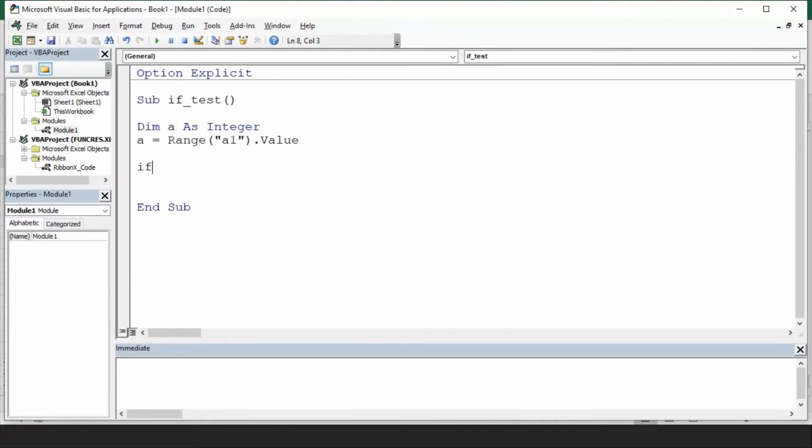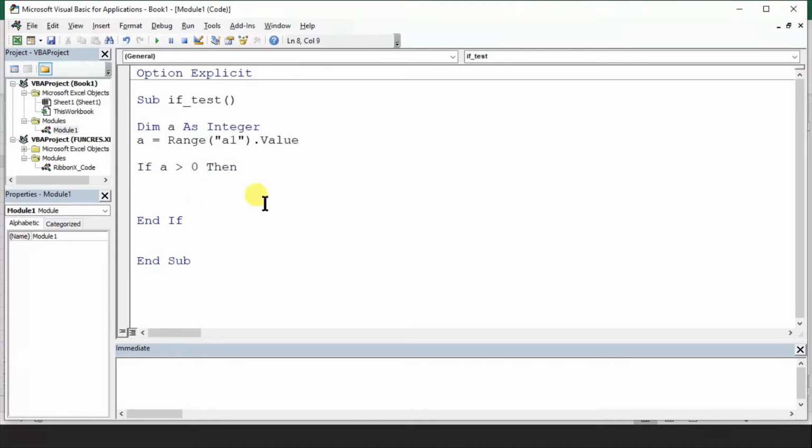So I write the code: if A is greater than 10, then, end if. For every if there is an end if. So if A is greater than 10, we have to write something. Or we can say greater than 0, because we are checking positive and negative, right?